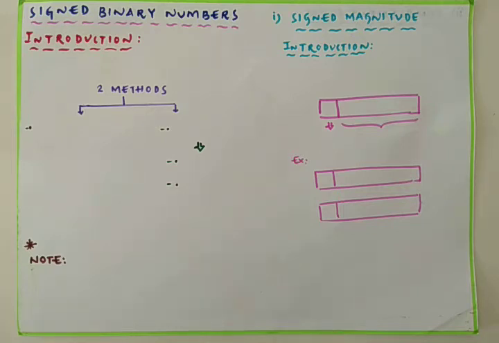So far, we have discussed only the positive binary numbers, or if you know the positive decimal number, then how to convert it into the binary form, we have studied. The representation of negative binary numbers is also equally important compared to the positive binary numbers. There are many ways to represent those negative binary numbers.